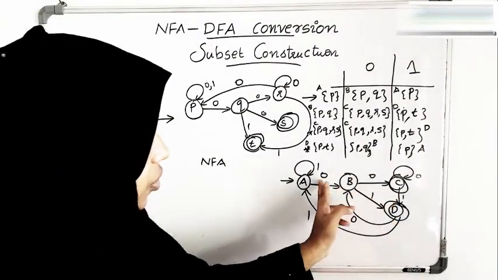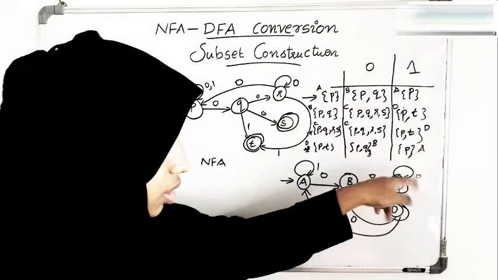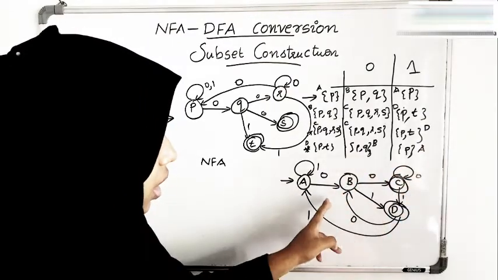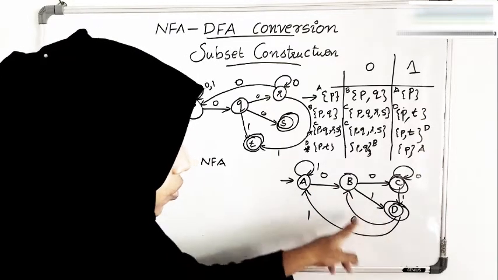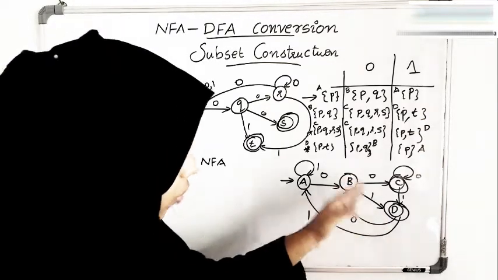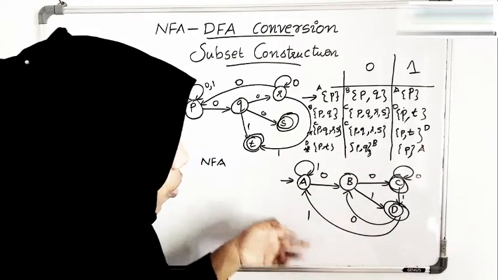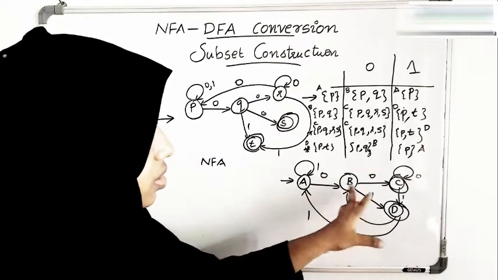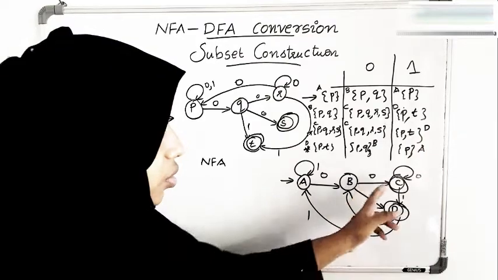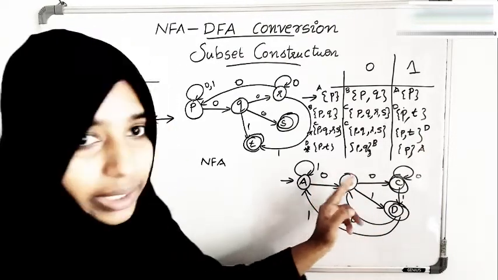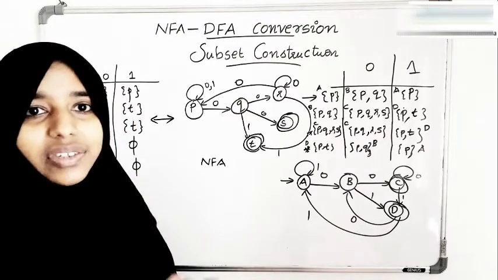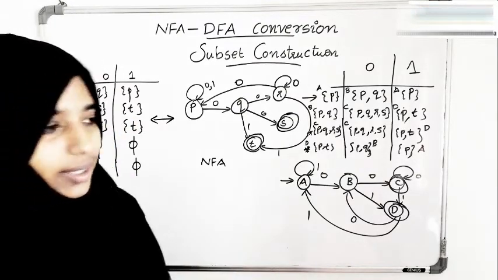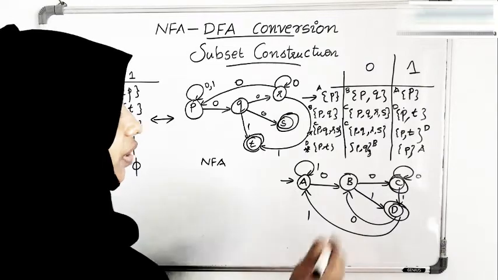C accepts all the strings that are ending with 00. See here we have just more zeros. Now D accepts all the strings that are ending with 01. If one more 0, it goes back to a non-final state. If one more 1, it goes back to a non-final state. So C accepts all the strings that are ending with 00 and D accepts all the strings that are ending with 01. So this is the DFA which accepts strings containing 00 or 01 at the end. So this is how we convert this.